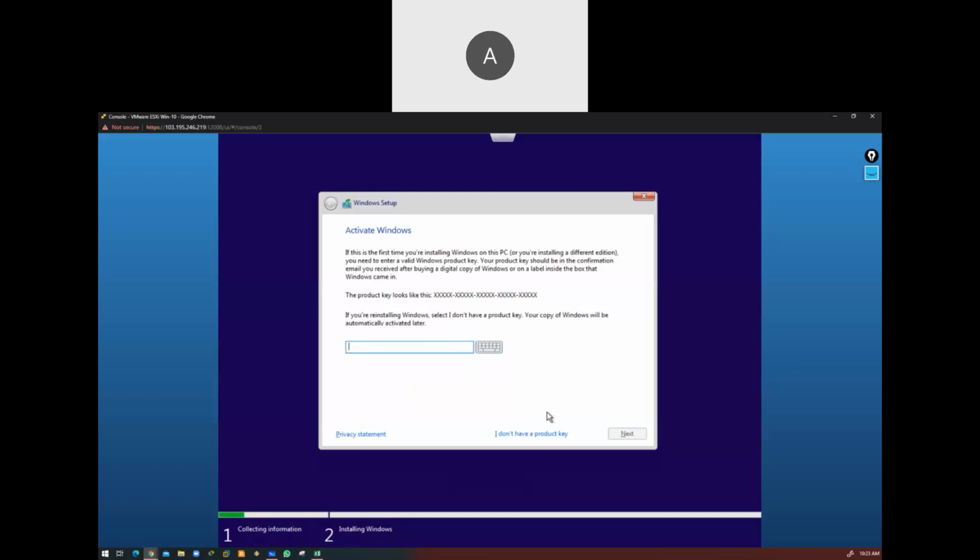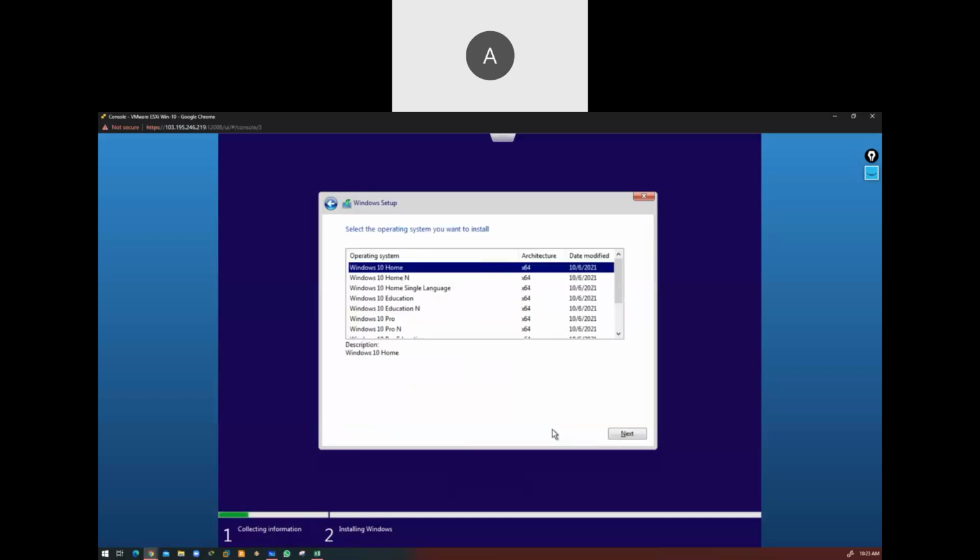Now you have to select I don't have product key. After that, select which Windows you would like to install. I am selecting Windows 10 Pro. Next, just an easy setup.